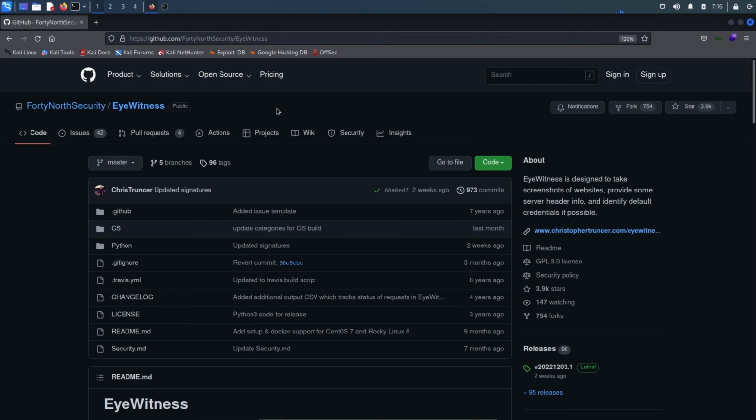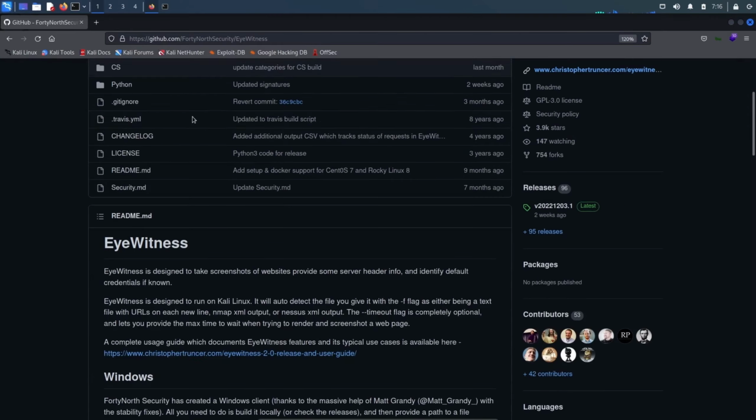Right, so I'm back on my Kali Linux system, and this is the GitHub repo for EyeWitness, and it gives you an introduction as to what the tool is and what it's used for. As you can see, EyeWitness is designed to take screenshots of websites, provide some server header info, and identify default credentials if known. So this is very useful if you're dealing with a login form or an admin panel,